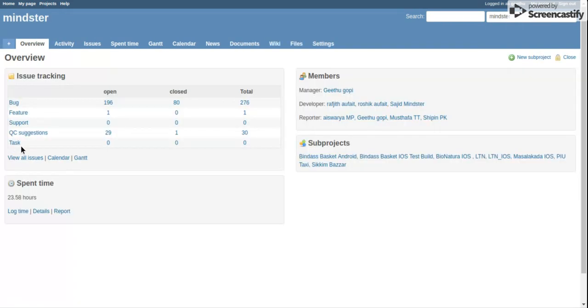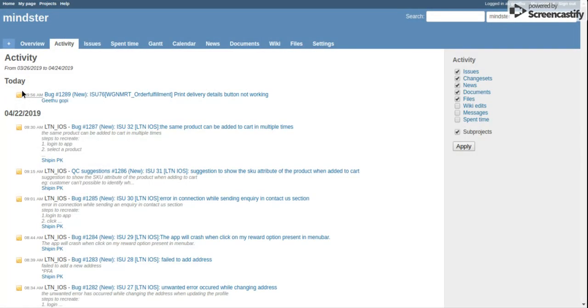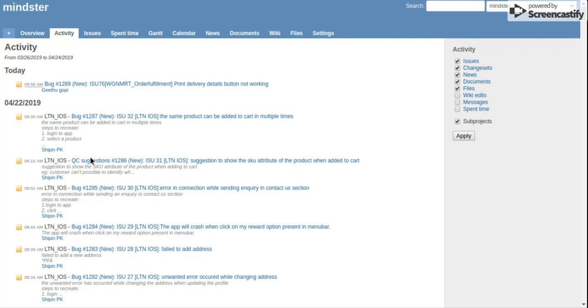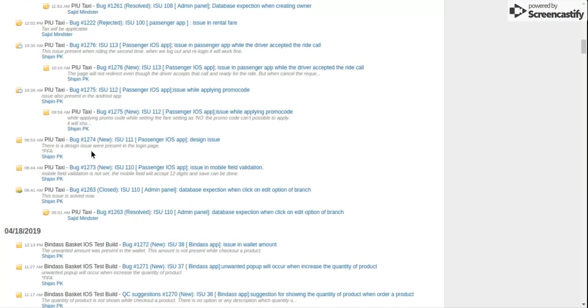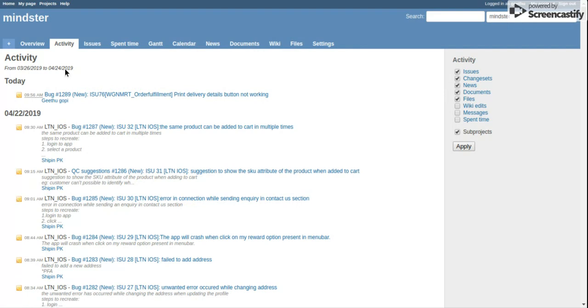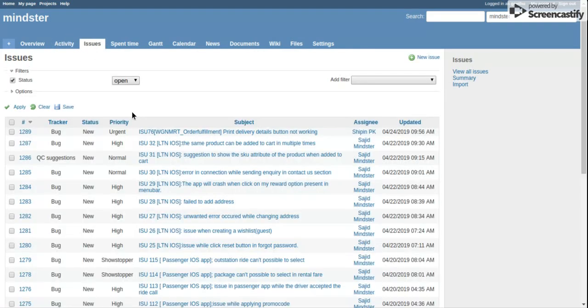Okay, so this is another project I created already. When I click on the activity modules, you can see the activities of the testers that are due daily. These are the daily reported bugs, as you can see in the activity module. When I go to the issues module, we can, okay, now we have to